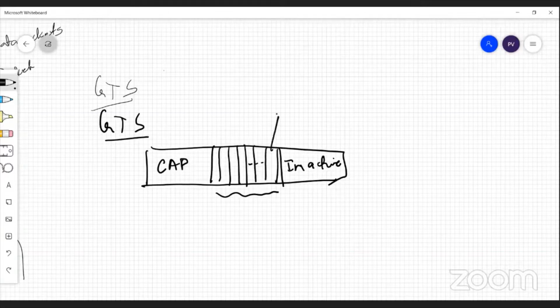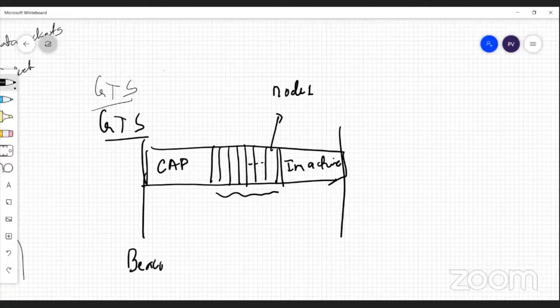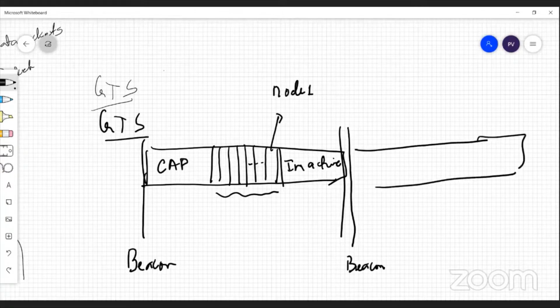You may get one slot for yourself. Or let's say node 1, this GTS is fixed. So every time there is a beacon, this is the start of the beacon, this is the end of the beacon. Maybe there is a small delay before which the second beacon starts again. It starts again here. So again, when it starts, exactly at the same point, node 1 can do its